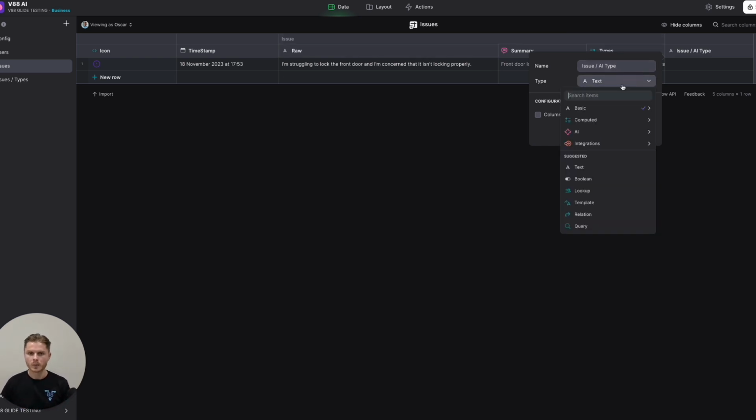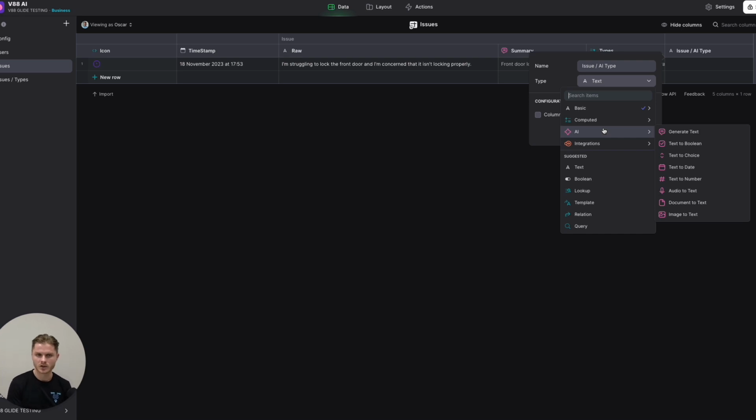So we're going to use an AI column. So Glide's AI is implemented in one of 2 places. You can either do it like I'm doing in the column itself as a column, but you can also include Glide AI in an action. So I'll show you exactly how to access that towards the end of this video. But essentially, you can either use Glide AI through an action as a one-off AI function, or you can use it as a column, which I actually think is the better way to do it,